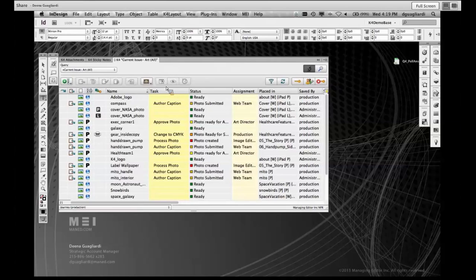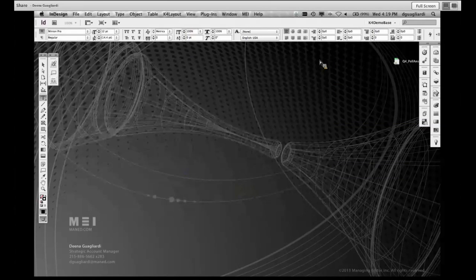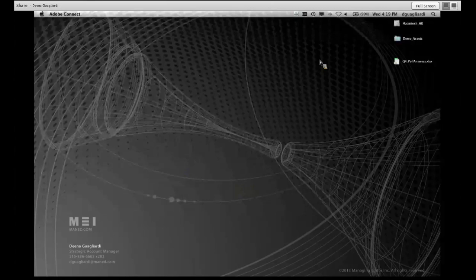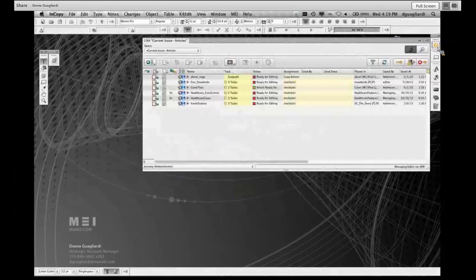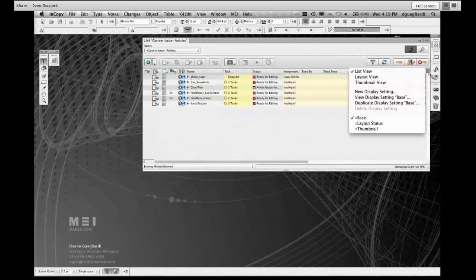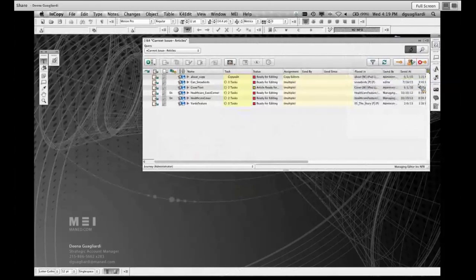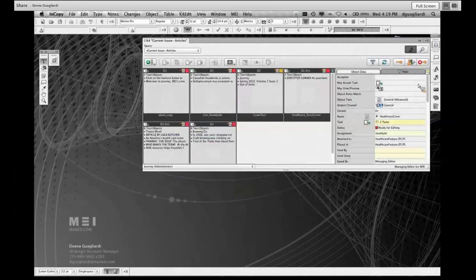So not only is thumbnail view natural for layout and images, but it also can be utilized for editorial workflows. So let's continue looking at thumbnail view from an InCopy point of view. I'll go ahead and open up our query here. In this case, we're looking at one that's pulling all of our articles. And if I go ahead and switch it to thumbnail view, all of our articles appear